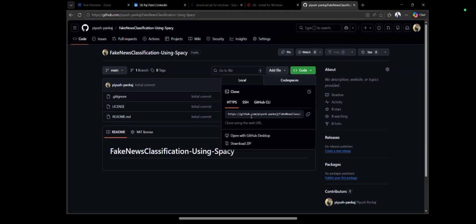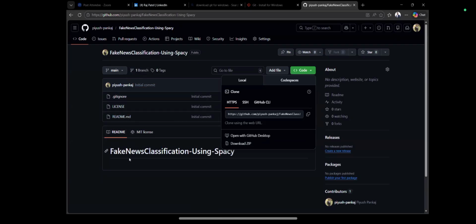So first of all, I need to copy this particular link from here. If you find the code button over here, you will find there is an option under HTTPS. And the same link you have to add in your resume when you are going to add the projects. All right, and you can also download it. It will get downloaded in zip format. All right, fine. As of now, we can see nothing is here.